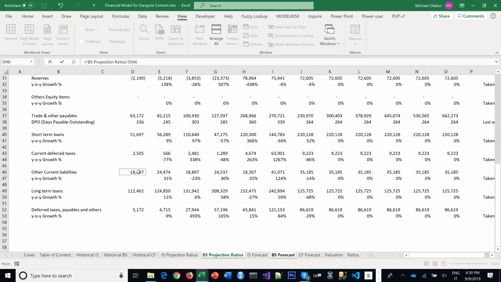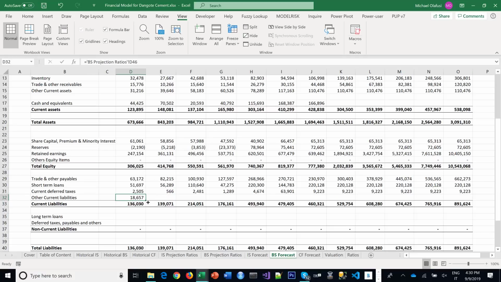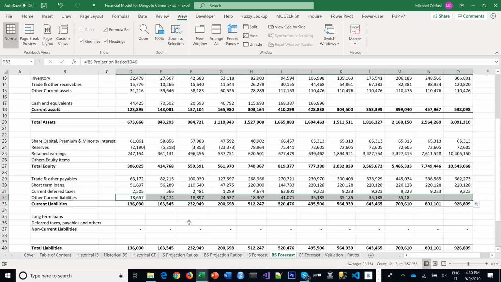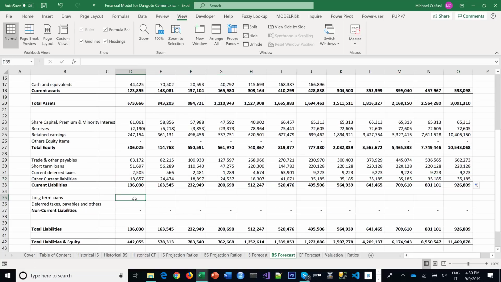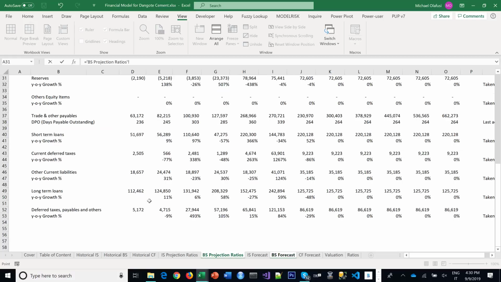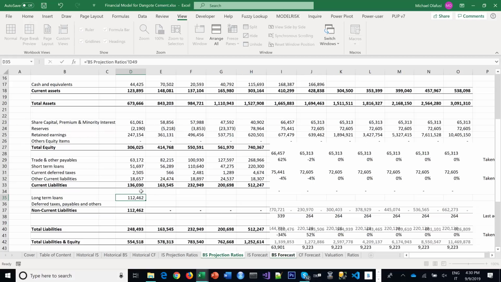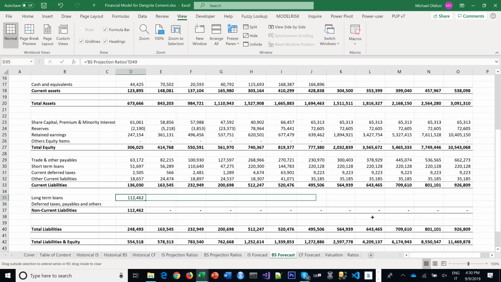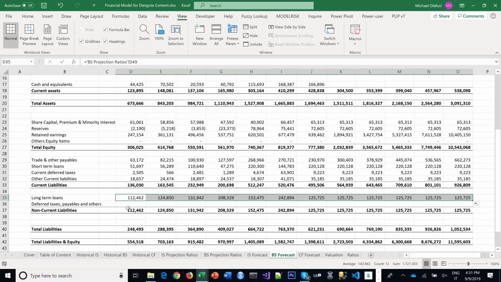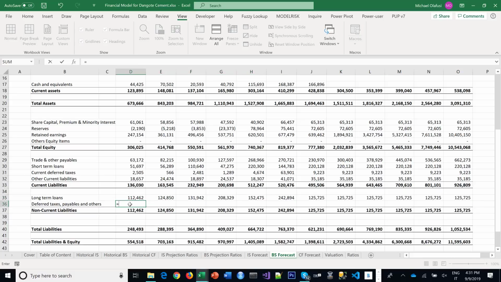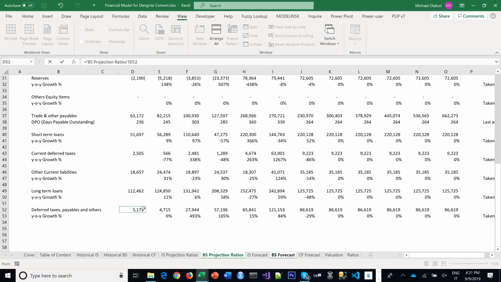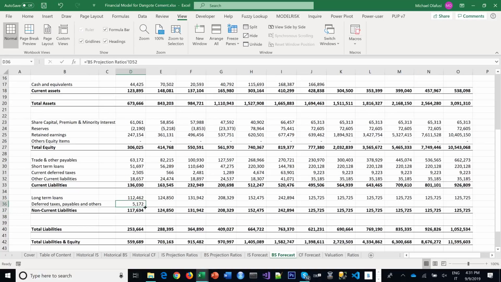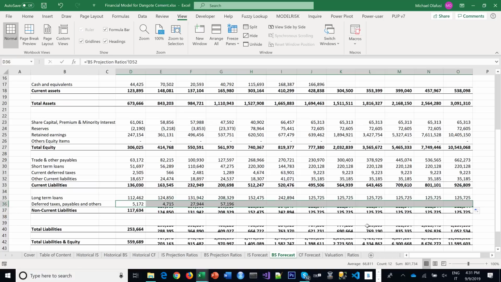I pick and I drag forward. I do for the long-term loans. I pick and I drag forward. I do for the deferred taxes. I pick and I drag forward,